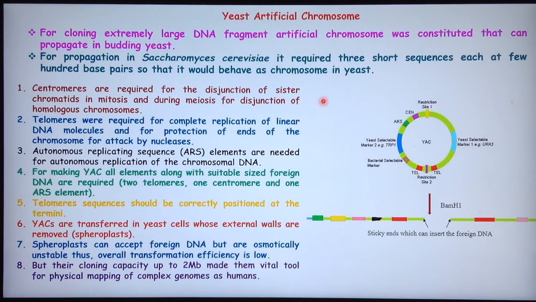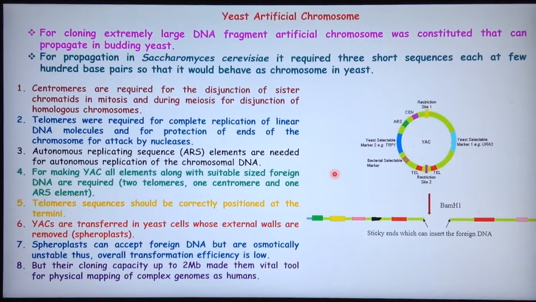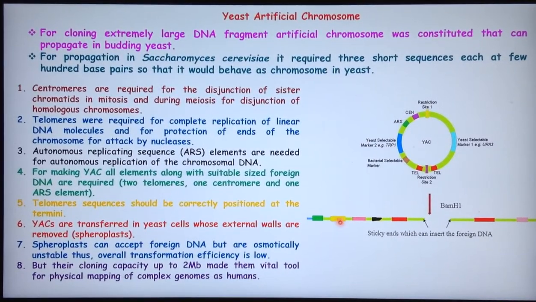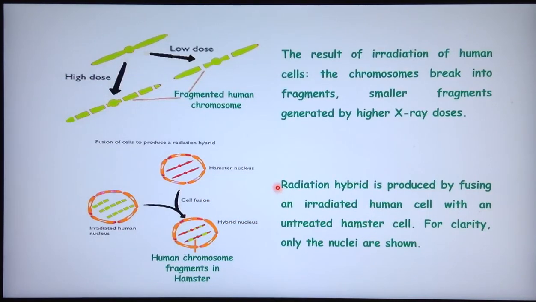Now, apart from these, because these were used for cloning purposes, but for coming up with mapping data and linkage analysis, it was essentially important to develop something else, because in humans, pedigree analysis of large multi-generation families was a big problem. Another problem was seeing the disease inheritance pattern. So all those things were very difficult. So another kind of large insert system was developed, which were referred to as radiation hybrids and somatic cell hybrids.